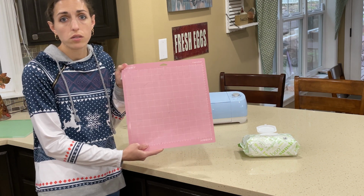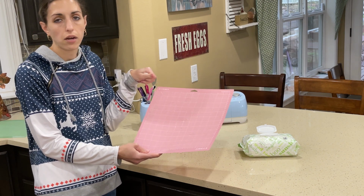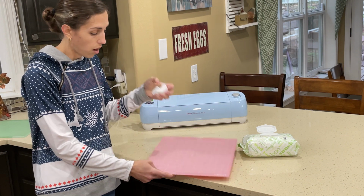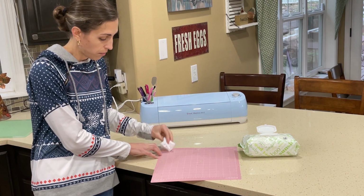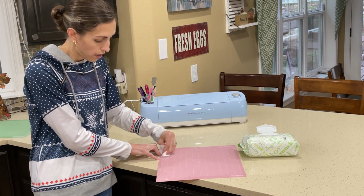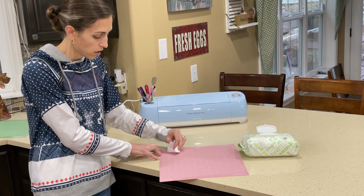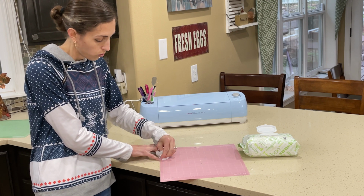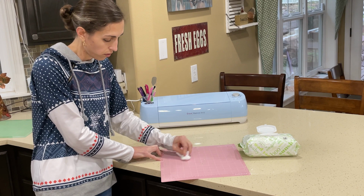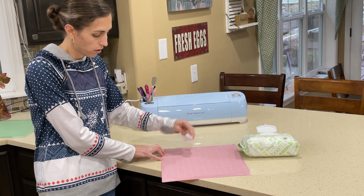and it's almost impossible to use my scraper, and you have to be careful not to scrape off the adhesive on here. So really what you want to do is just take your baby wipe and just start in one corner and just work your way in tiny small circles. And then once you use up too much of one baby wipe or it loses the moisture, then just grab